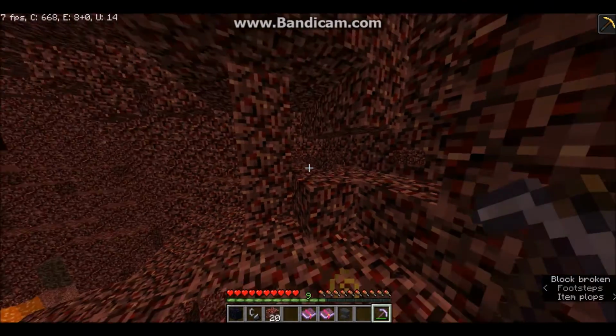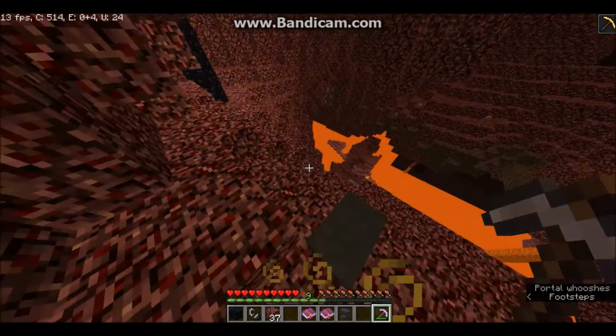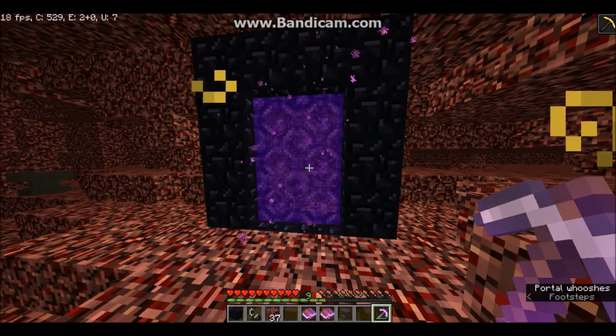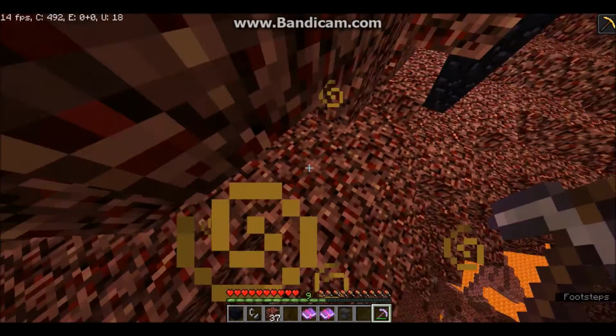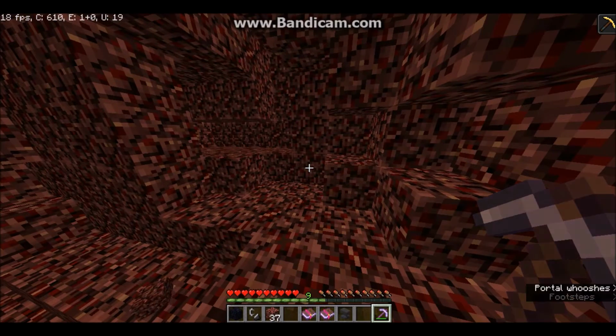Now, as you can see, I actually have an iron pickaxe, and I have an anvil, so that means I have a lot of iron, and I don't have any diamonds. Which means that I just use the bucket method of making this nether portal. Now, at the same time, okay, I lied. I do have a little bit. I do have a few diamonds. I don't have a villager, but